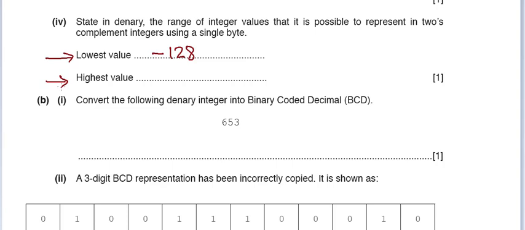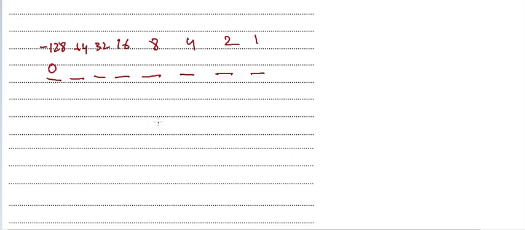The highest value is going to be the highest positive value that we can have with 8 bits. Okay, once again we have 8 bits, 1 2 3 4 5 6 7 8. We're going to apply the weights, 1 2 4 8 16 32 64. Once again, because this is 2's complement, we are going to use a negative weight here. And now we want to write down the maximum possible positive number, because that's going to be the highest value. So we are not going to use the negative value,